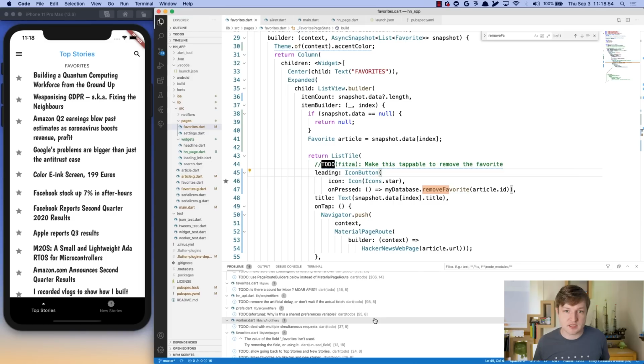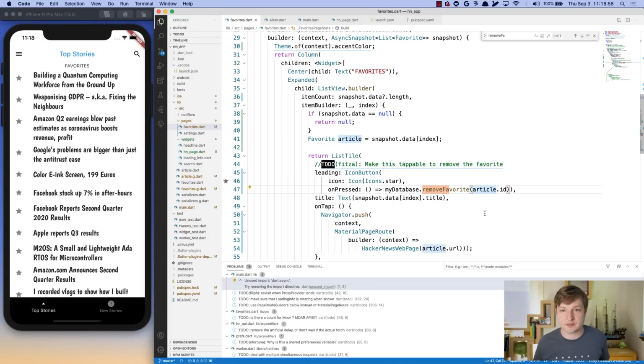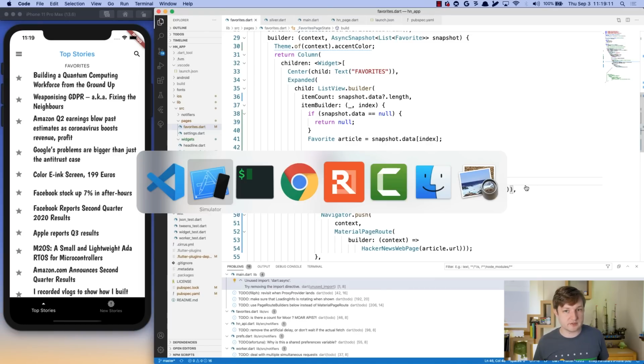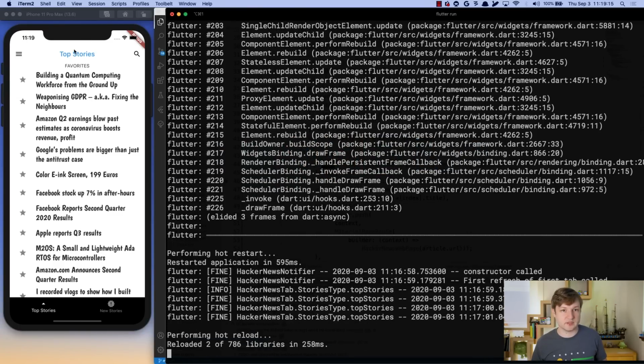Where's the problem? Unused variable. Oh, well, we'll get to that one. Okay. But I've got the article, get the ID. I'm going to get rid of my search. And then what we should be able to do, let's reload. And if I click on that thing,